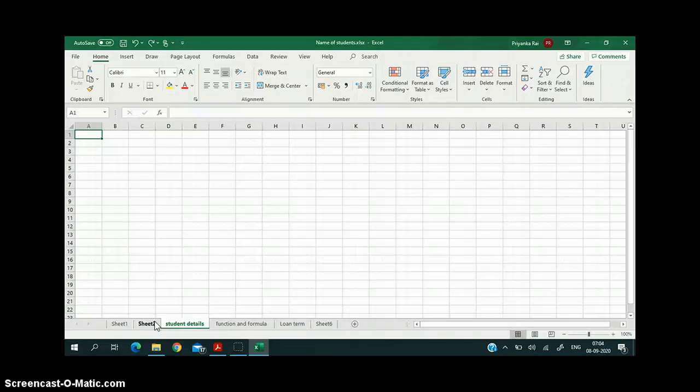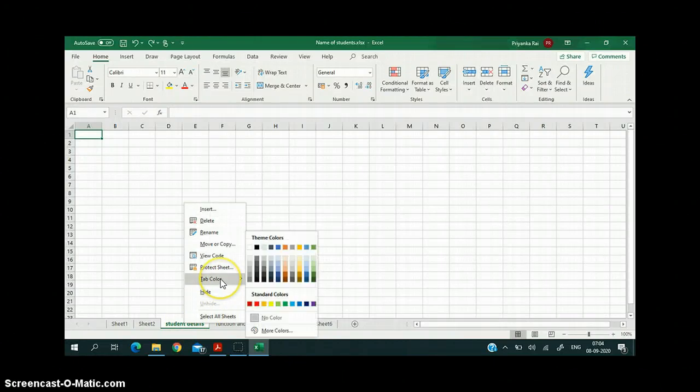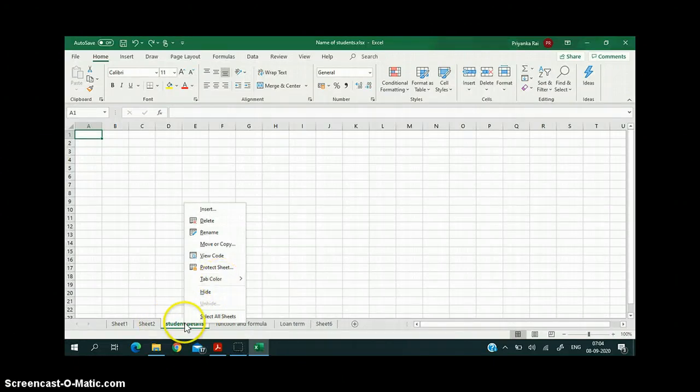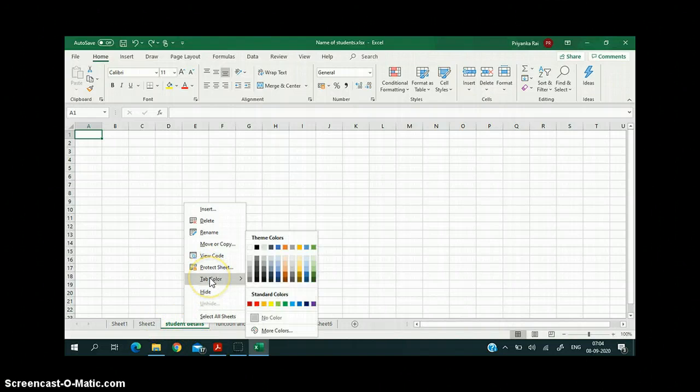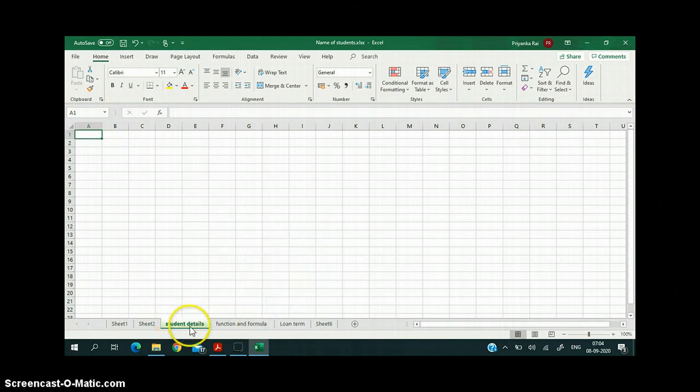Now next is coloring a worksheet tab. Now suppose I want to distinguish this sheet from the others, so I can add colors. So there is an option when you right click on this, there is an option tab color. Then you can choose a tab color, like if I am choosing this, the tab becomes greenish.